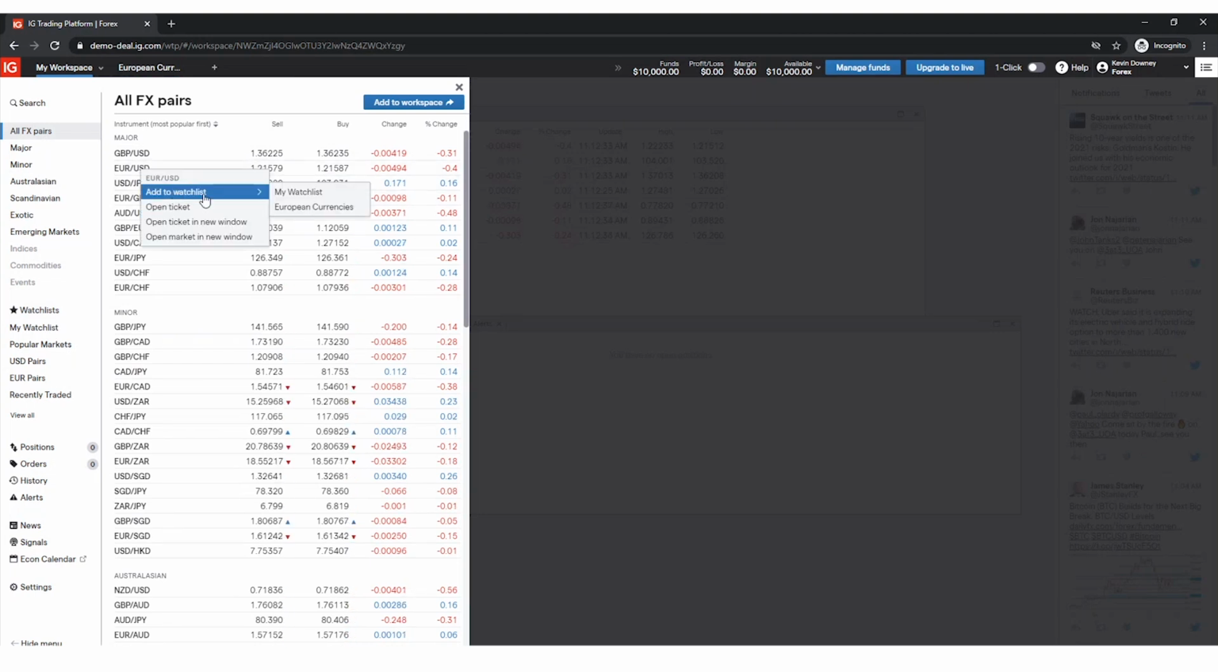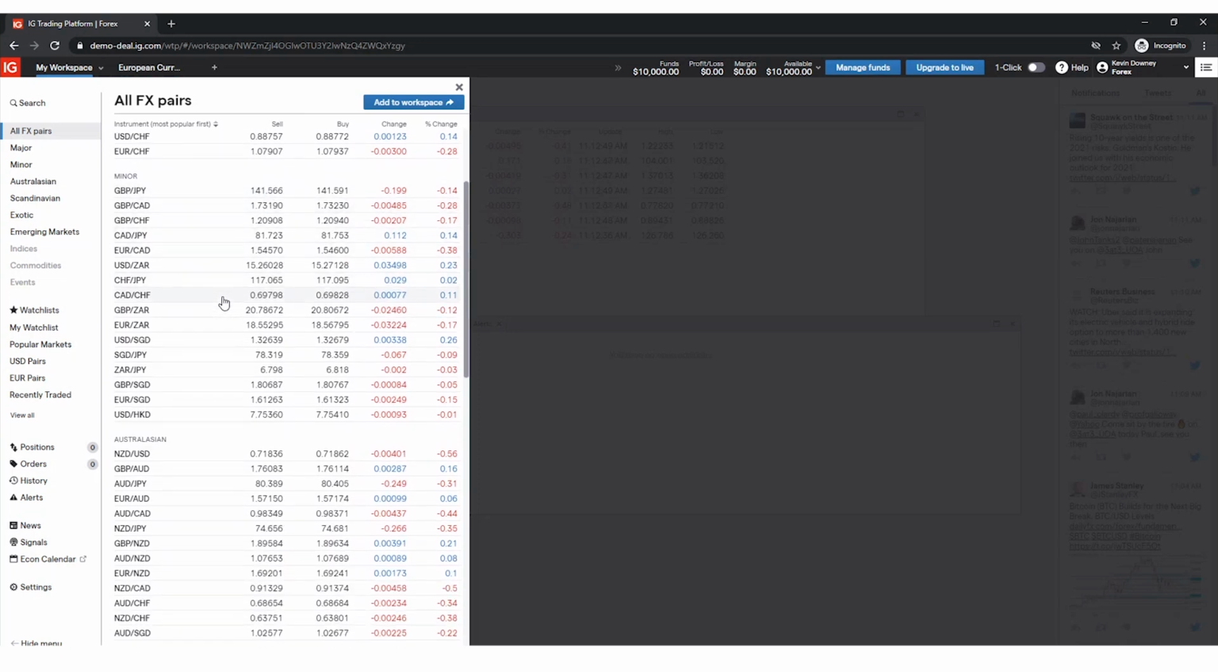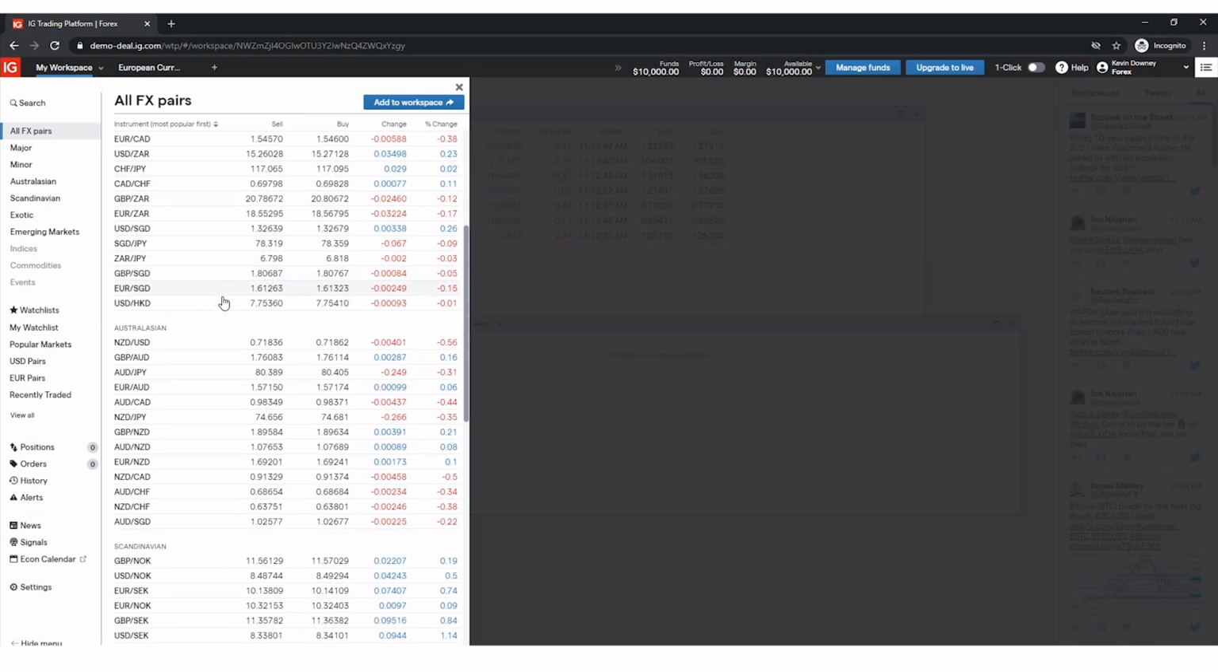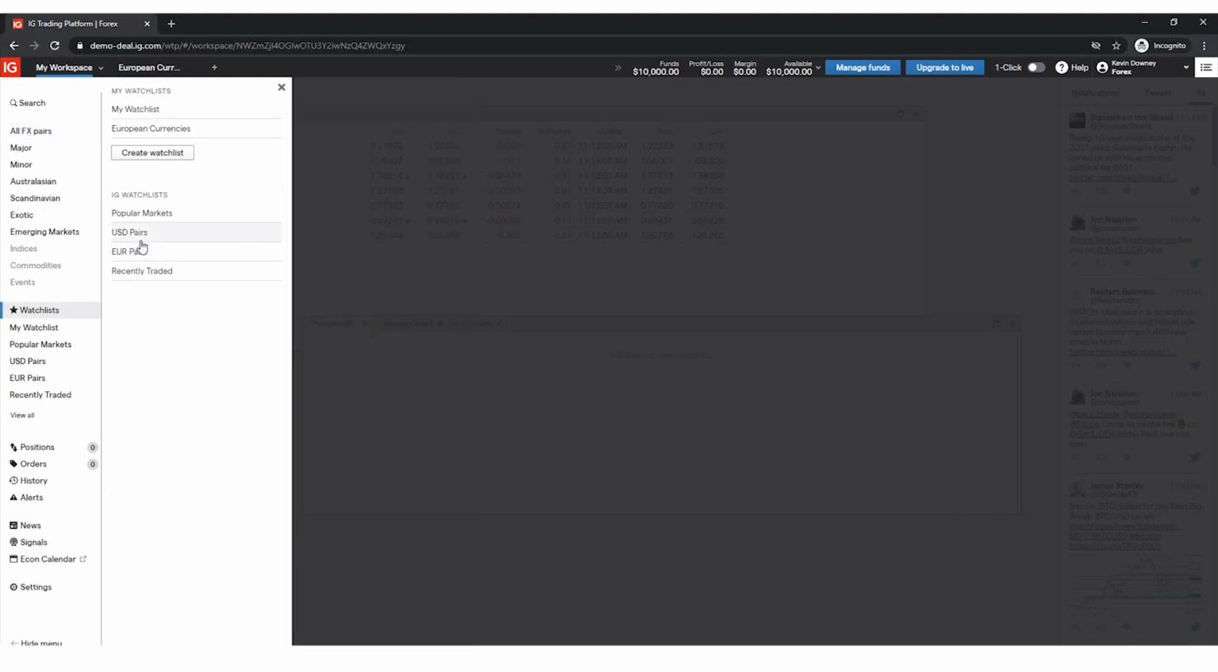We're going to add euro dollar, add to European currencies. We're going to add USD Swiss franc to it. Let's add euro Swiss as well. All right. Let's scroll down. Let's get some Scandinavian ones in here. Let's go with pound Norwegian krona. Let's add that. Okay. And if we go back to our watch list section, we will see our personal watch